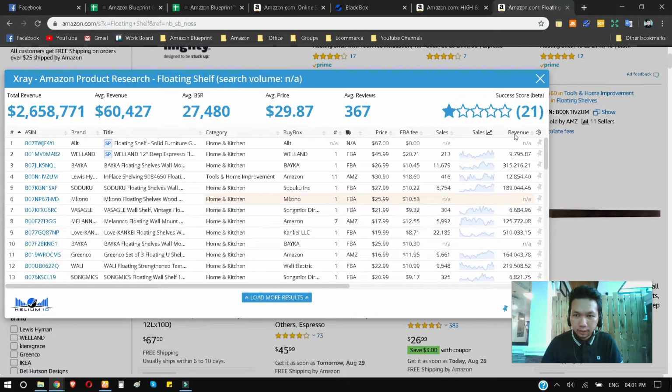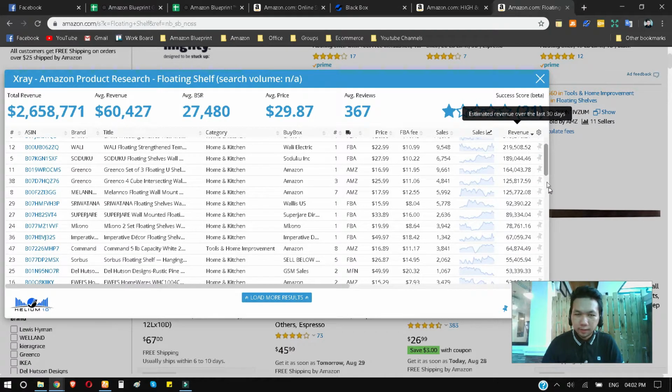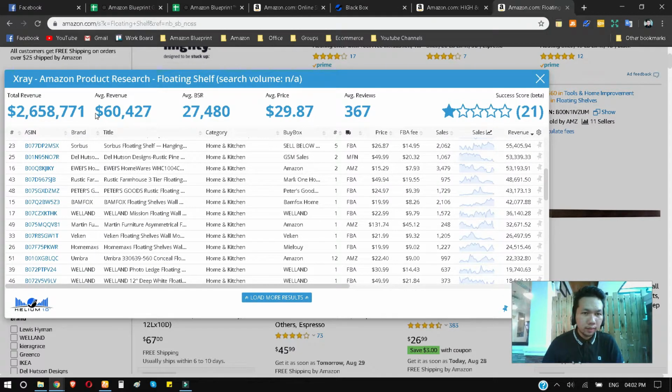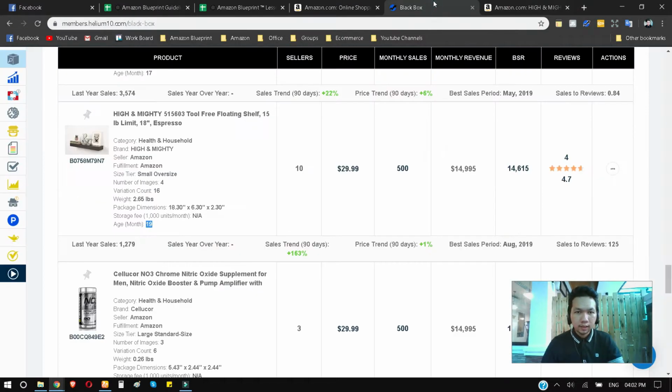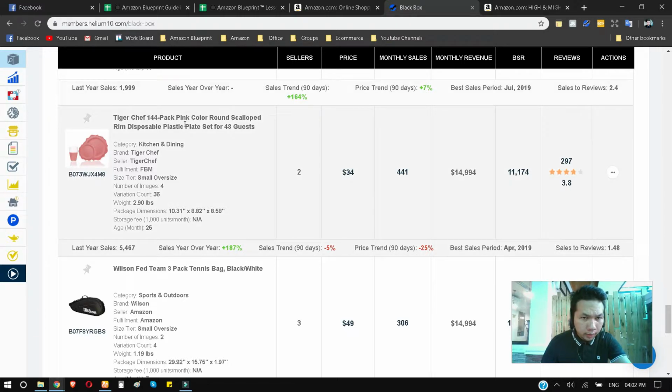So sort out muna natin from highest to lowest yung revenue niya, and as we can see from here, this is 500,000, 300,000, and 70, 60, 90. This is super competitive, so definitely this is something that we should stay away from already. Yung average revenue nga nyo, 60,000 plus, so check X na natin yun, and let's try to look for another one from here. Tiger Chef pack pink color round, ano to,